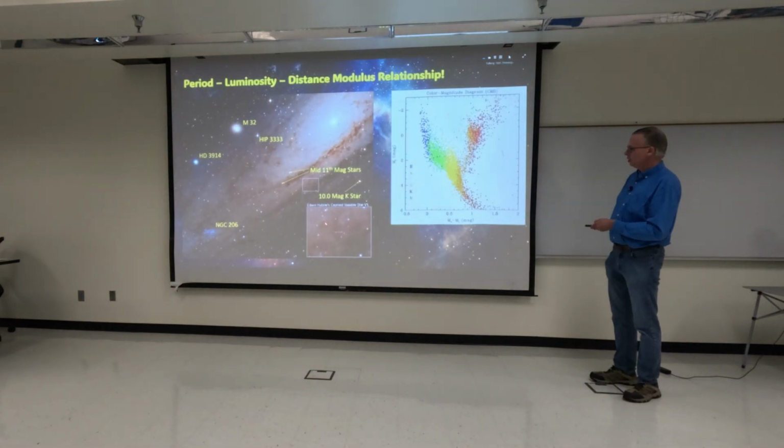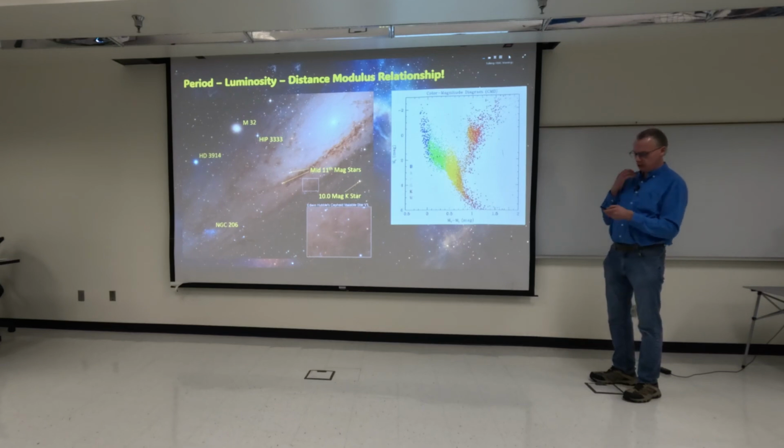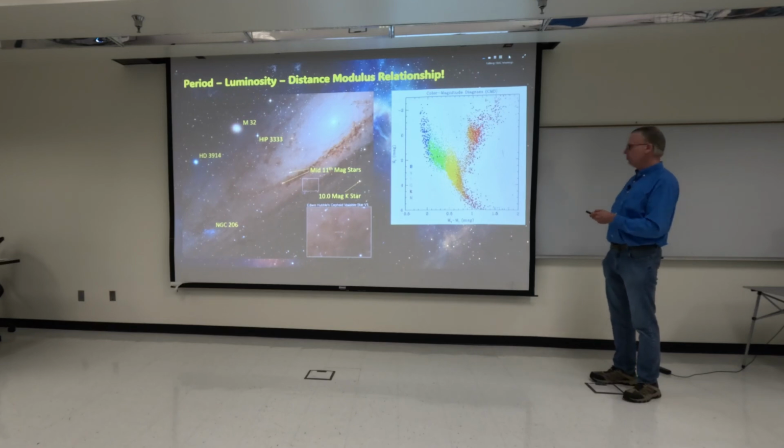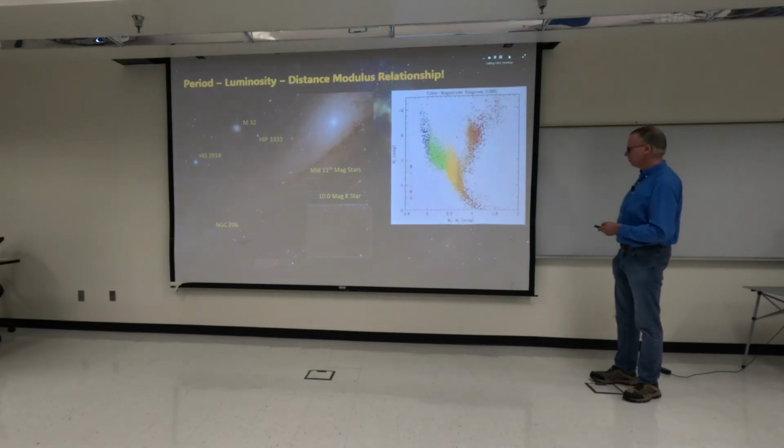We can also map out the patterns of the stars here. And it's very important that we look at the period luminosity, what we call the distance modulus. Because when we're mapping out the stars in these globular clusters, the same way we map out the nature of measuring distances to galaxies and determine the shape of galaxies, we can correlate that with the shape, the structure, and the motion of globular clusters.